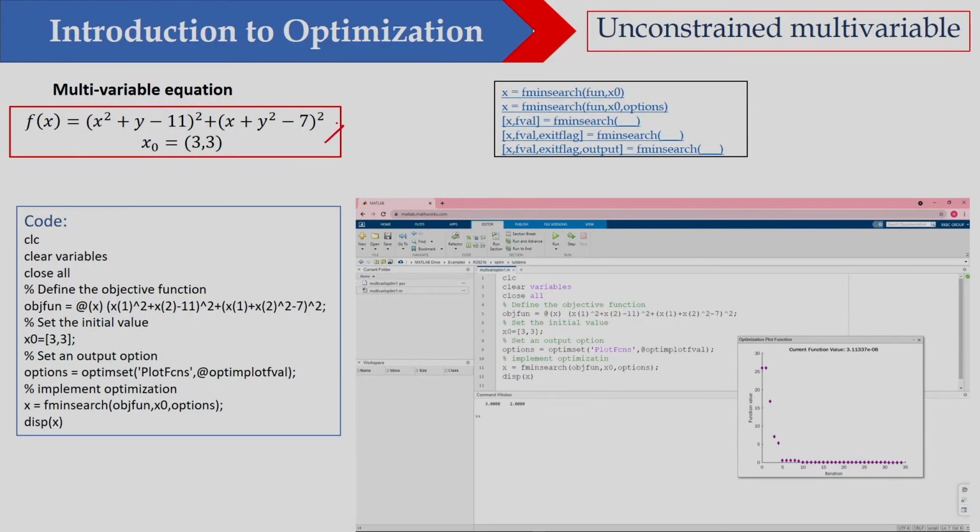That means you have more than one variable, and this is without constraint. So, I am not using constraint right now. In the next example problem, I will also use constraint, but here this is without constraint. So, let us see, I would like to solve this particular function. This function you have already seen. The function is (x square plus y minus 11) whole square plus (x plus y square minus 7) whole square,